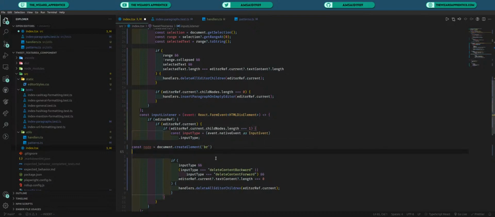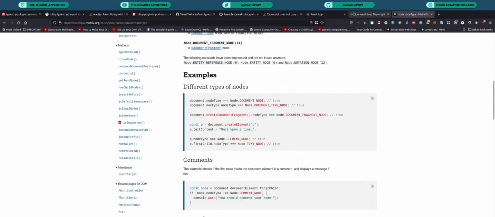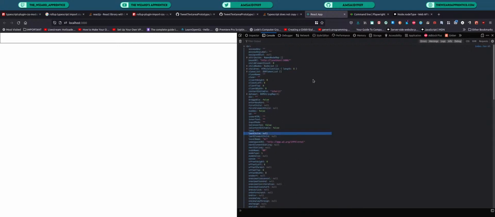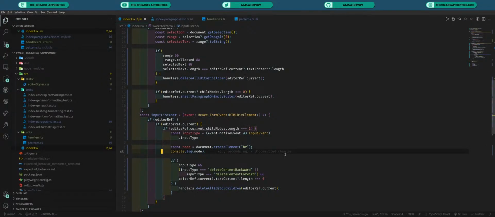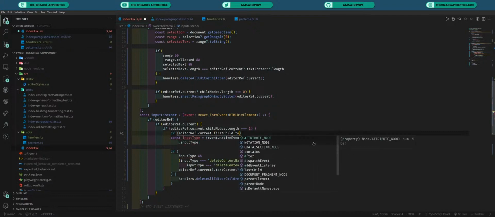I think it will be const log node. Let's clean that and come here. Node type, where's node type? Yeah, it's 1 also, so it's probably easier to just check the tag name. So here's what we're going to do. If editorRef.current.firstChild.tag,